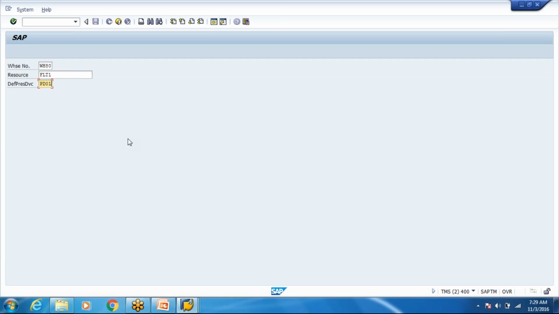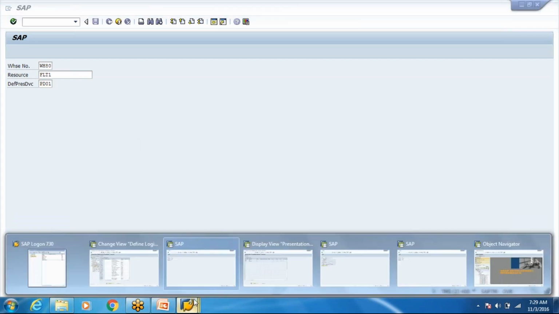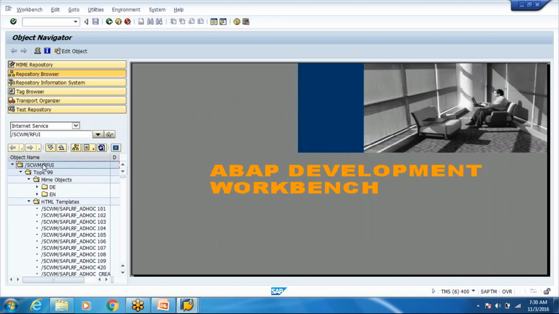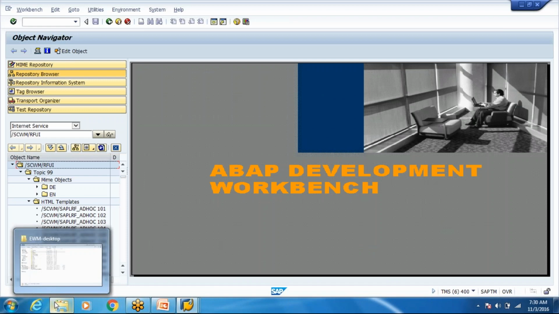So you tell your ABAPer that you need an ITS link, okay, and that ITS service link is to access this on your handheld device. As you can see in SE80, there is a service. There is a separate transaction where you get this service. You can test the service and you get a link for that service. That link you can use in your internet browser also, and that will open the RFUI screen. So it will ask you for a login.